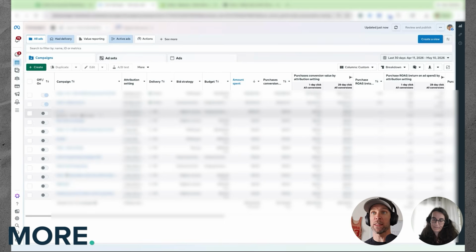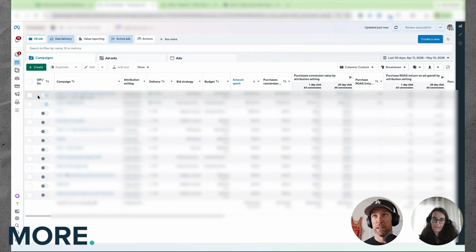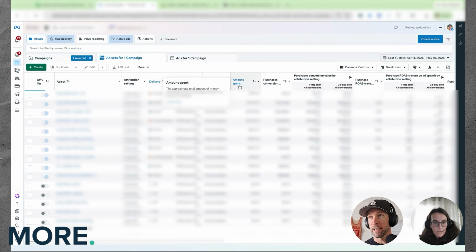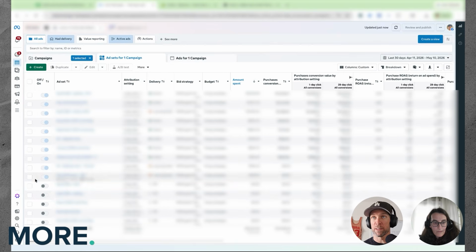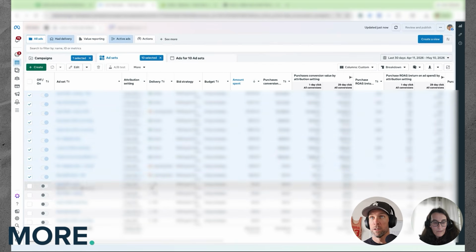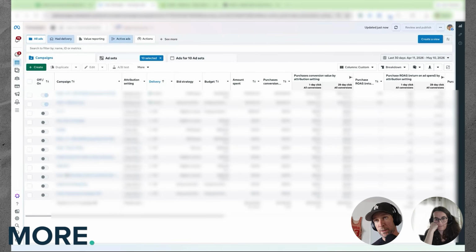And so that's the thing that I would do right away here: just straight up duplicate this target ROAS campaign. You might have to do a couple things to get all of it right. Take all the stuff here that's spending in the last 30 days at all, and duplicate all of these into a bid cap campaign. Set your attribution at 7-day click, 1-day engaged view. That will give you the maximum reach. And like I said, set that target somewhere around $45 to start.